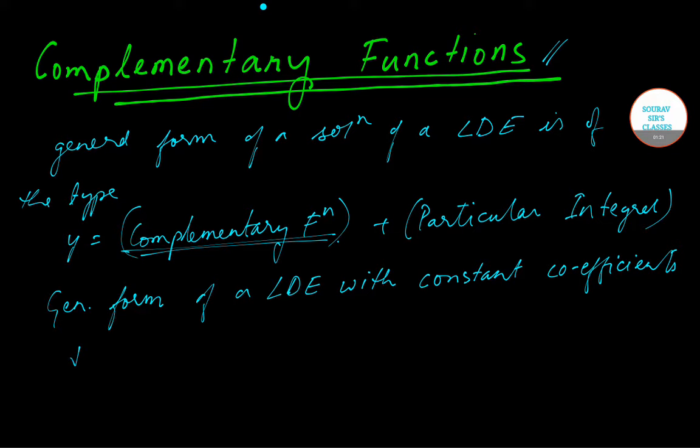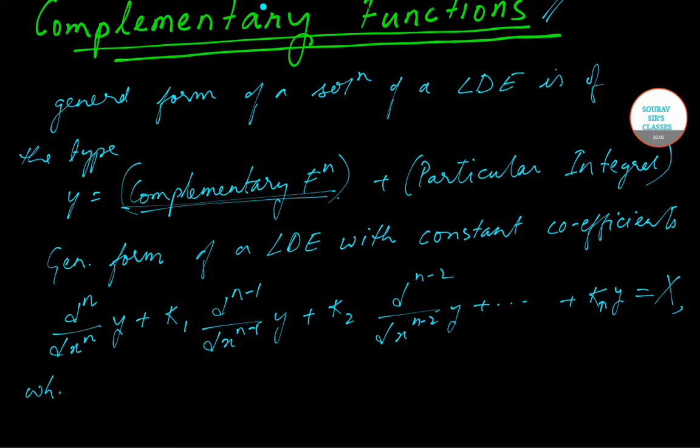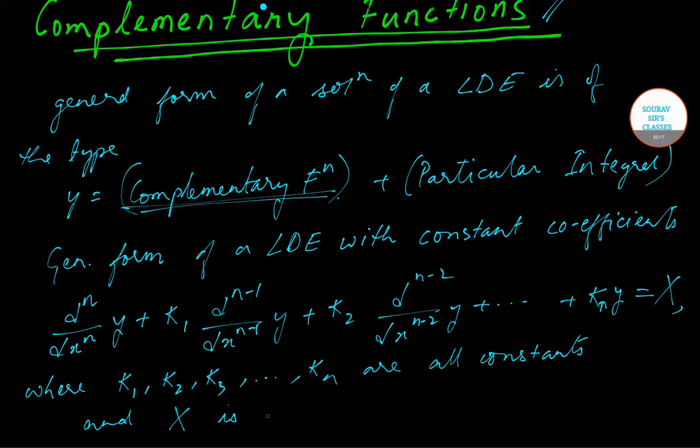So it will be basically of the format d^n y by dx^n plus k1 into d^(n-1) y by dx^(n-1) plus k2 into d^(n-2) y by dx^(n-2), and this will go on up till plus kn of y, and that will be equal to capital X, where k1, k2, k3 up till kn are all constants